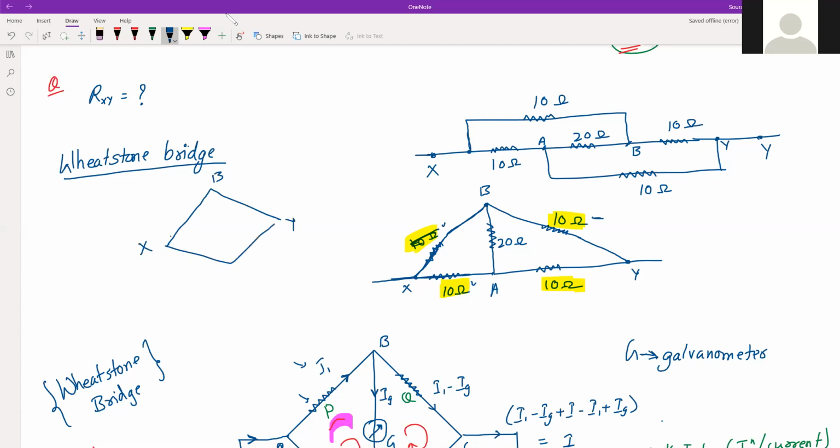And then in the second section, X to A and A to Y. That means these two are in series, and these two are also in series. So that means a total of 20 there and a total of 20 here. Now these 20s are in parallel. So the total resistance of this parallel will be how much? It will be 10 ohms, because 20 and 20 are in parallel: 1 by 20 plus 1 by 20 is 2 by 20, and 20 by 2 equals 10. So that's how we use the concept of the Wheatstone bridge to find the equivalent resistance in some